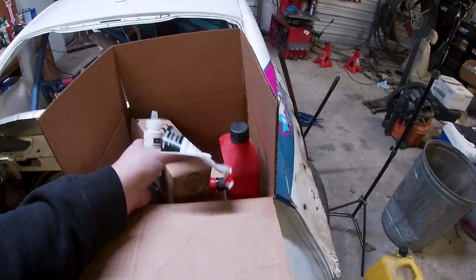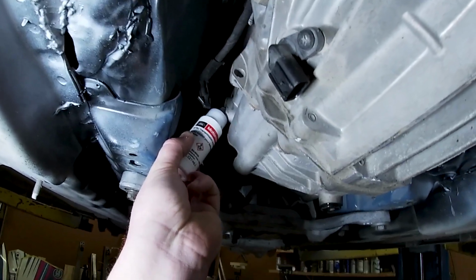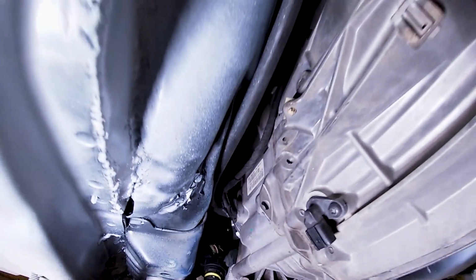Makes life easy. Okay, so I was lucky enough that LMR had my MT82 fluid in stock. It takes a special Ford fluid with an additive. So they sell a kit, and they were able to get it to me right away. And all I gotta do is figure out how to get this in that hole. It's real tight. Well, I got this really long tube in here going all the way up there with a